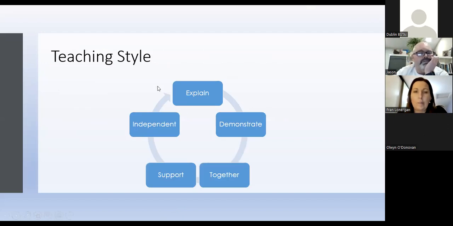And then the teaching style: you can see, especially down in here, independent support and together, a lot of that's going on in the class at the moment. I've given them that booklet. They select whatever question they want to do. They've got everything there that they need. Then I go around individually and see if they need any help or if there are any adjustments they don't like or can't do. If there are adjustments that all of them are having difficulty with, I'll do it up on the board after that.